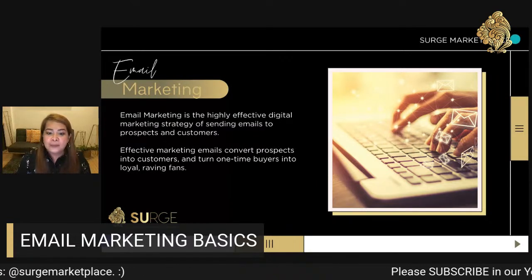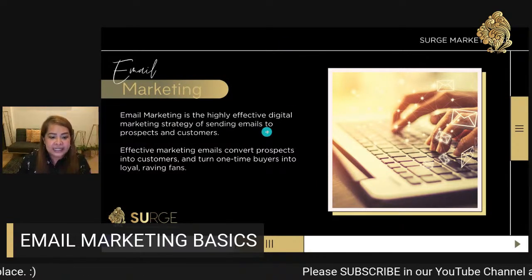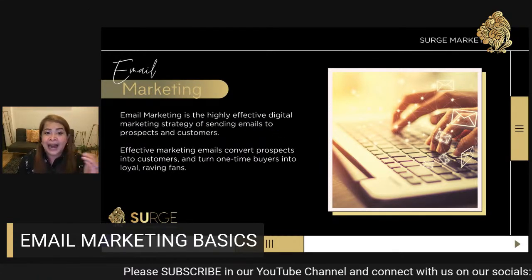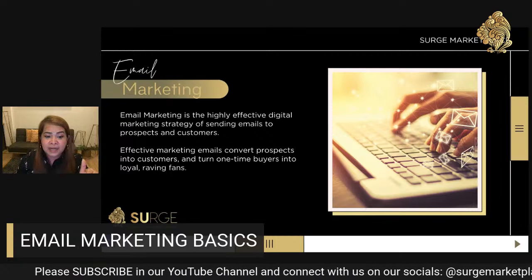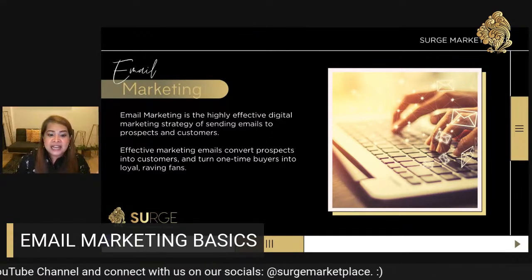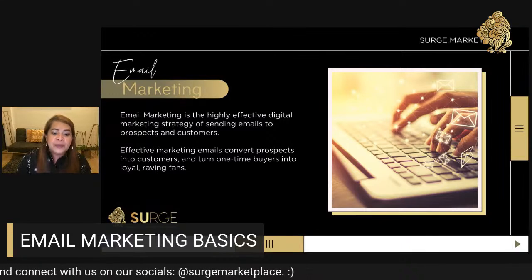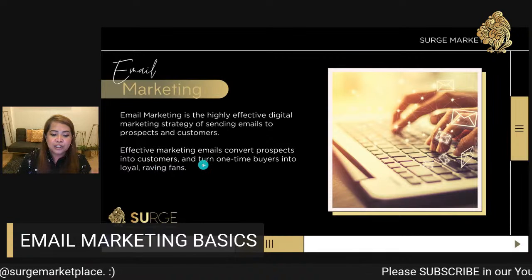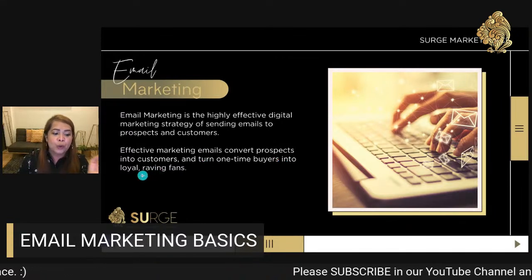However, when it comes to email marketing, it's direct, it's in their email. They can skip, they can flag you as spam or delete, but there's a tendency that they might open that email. So it's very effective because you can convert prospects into customers and turn your one-time buyer into loyal